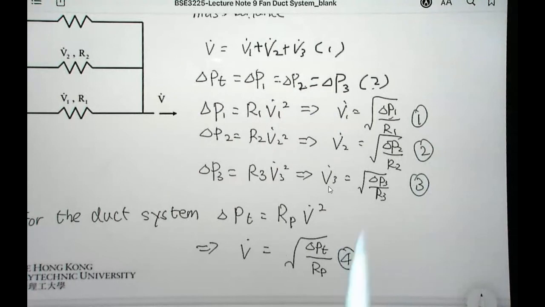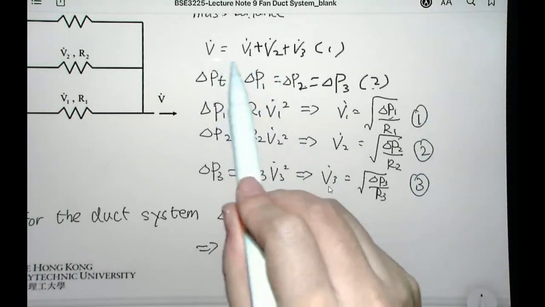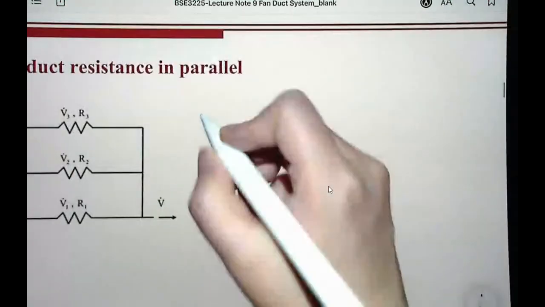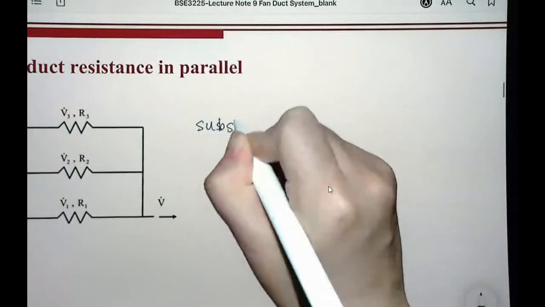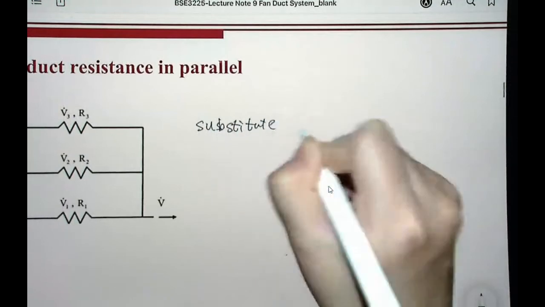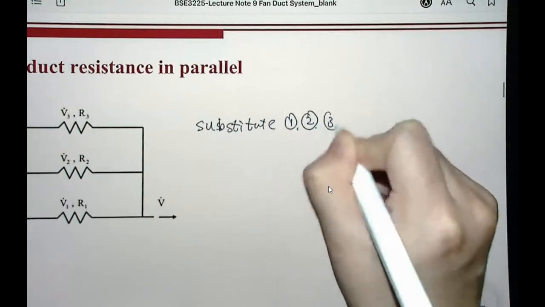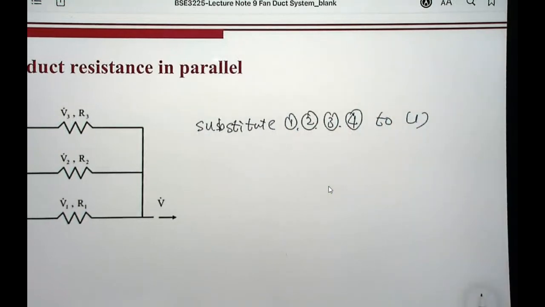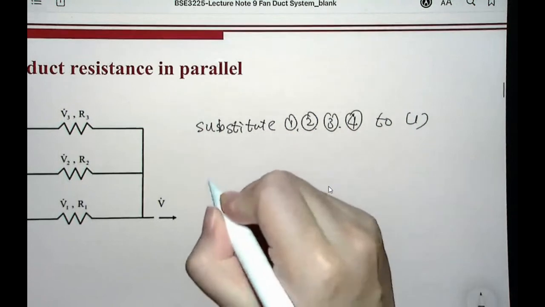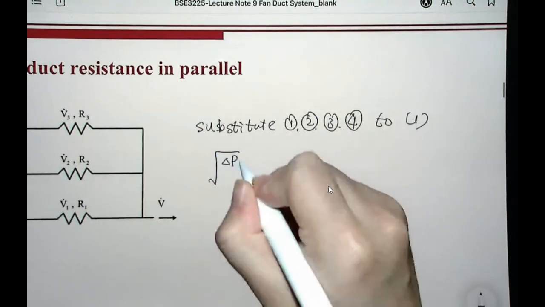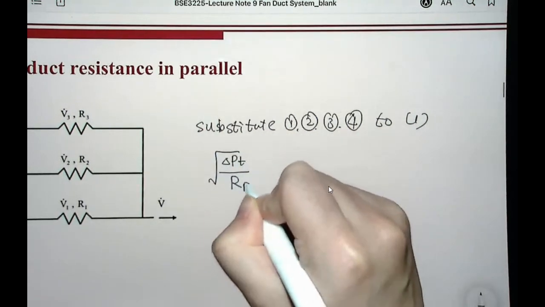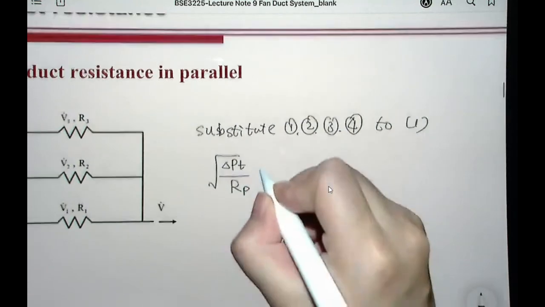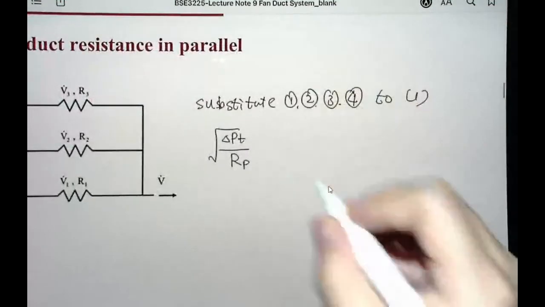Basically, we substitute 1, 2, 3, 4 into equation number 1. So on the left-hand side, we have the square root of delta P total divided by R sub P, and on the right-hand side,